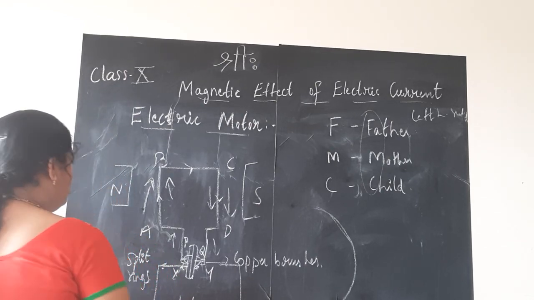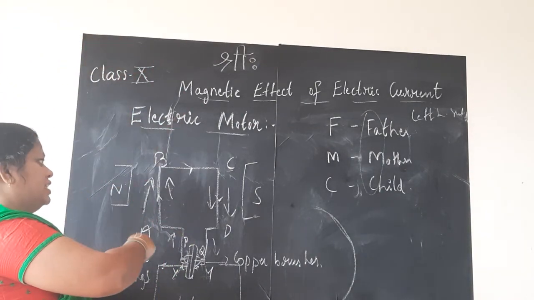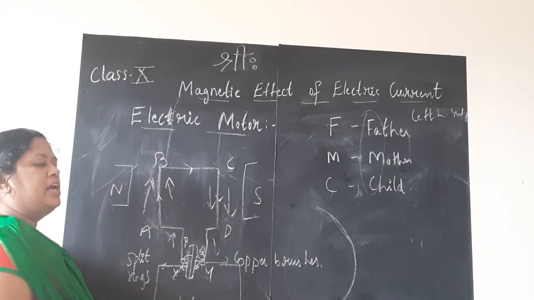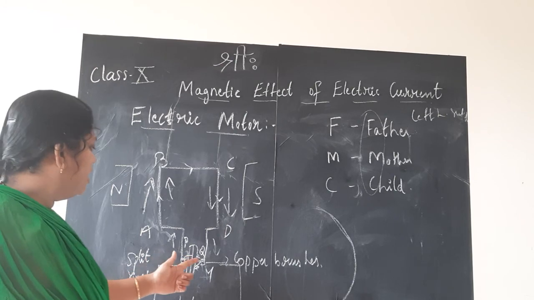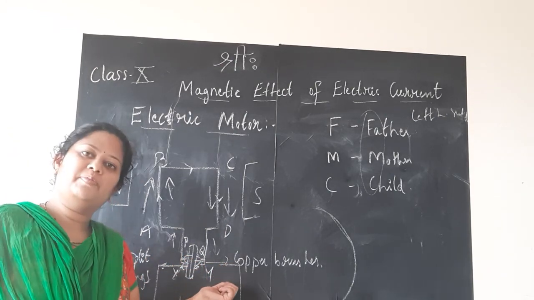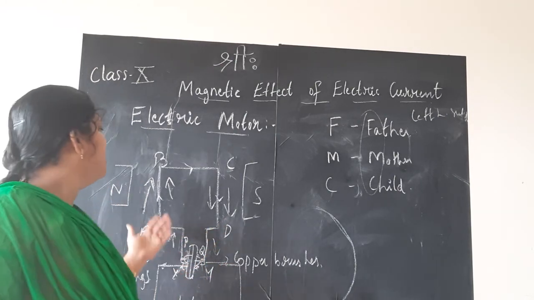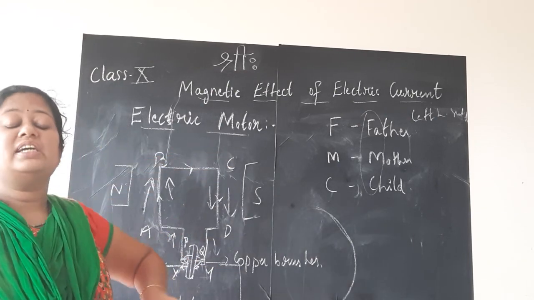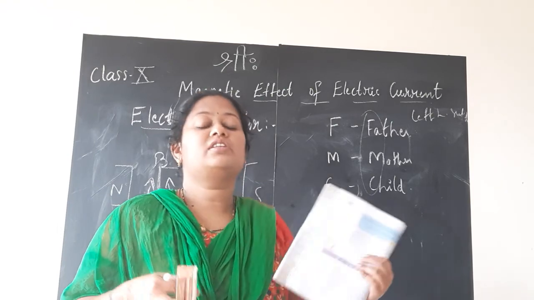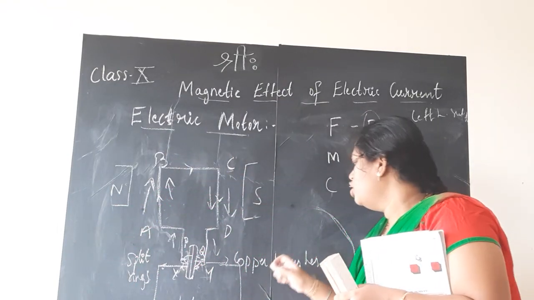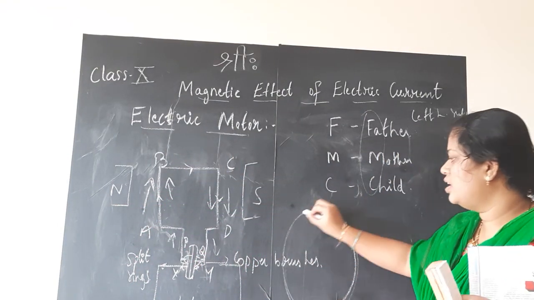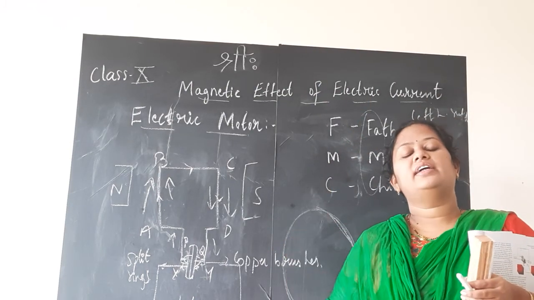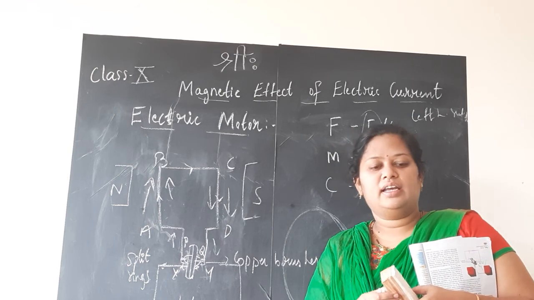So when you switch on the circuit now, when this rectangular lamina, which was already rotating with the help of this magnetic field, is connected to the split rings and the copper brushes, mainly the split rings, children, the split ring helped the armature ABCD, that is the rectangular lamina or the conductor ABCD, to undergo complete rotation. And hence it started rotating.